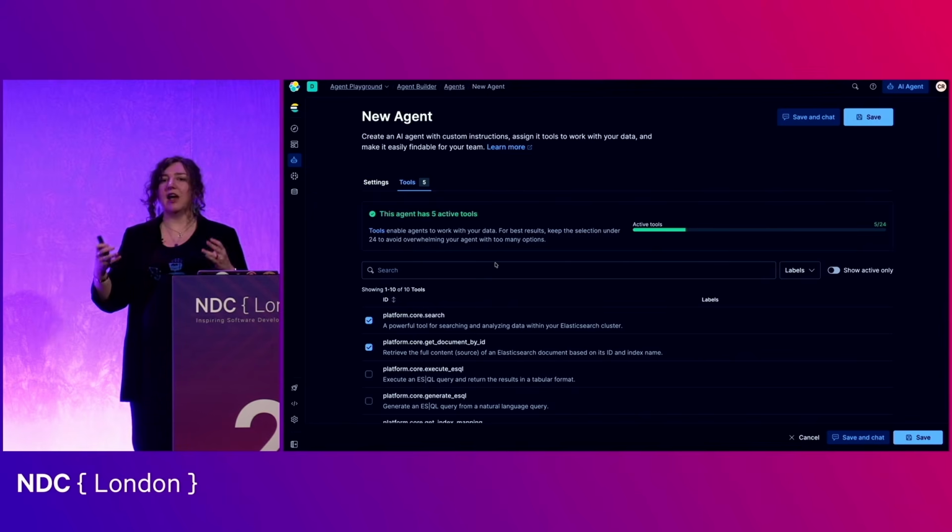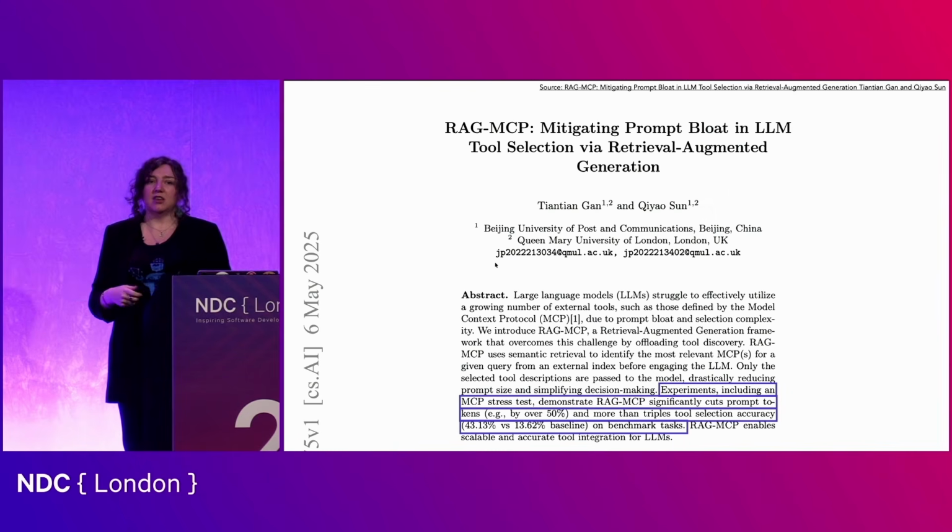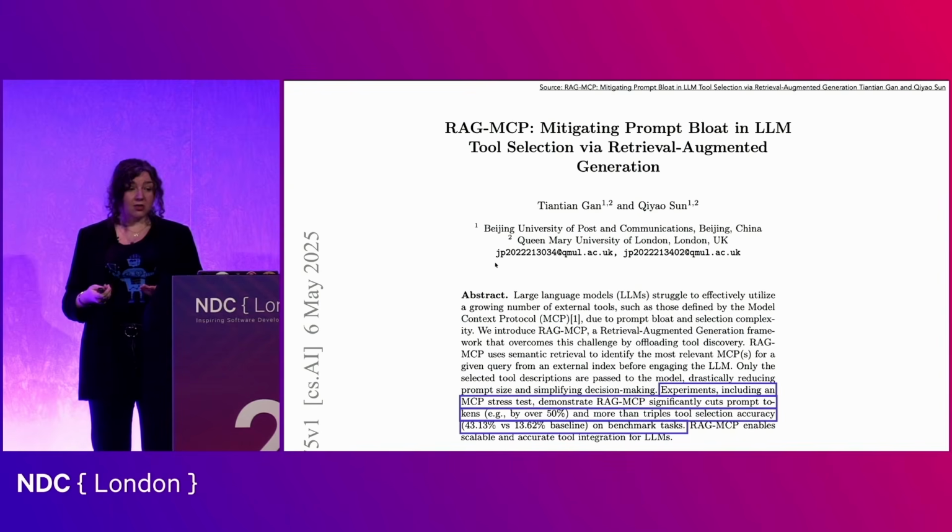So you need to think about exactly which tools are being passed in and not just say, oh, I can use tools, so I'm going to throw the kitchen sink at it and have 50, 100 tools. In that instance, you need to start thinking about how to optimize the tool capture. And there's various different ways you can do that.